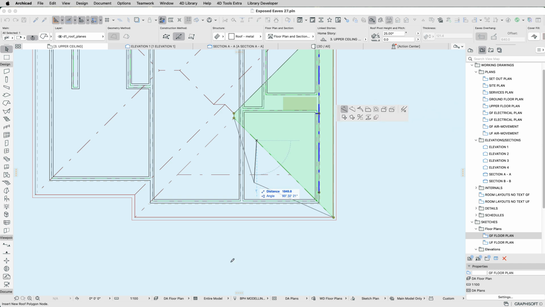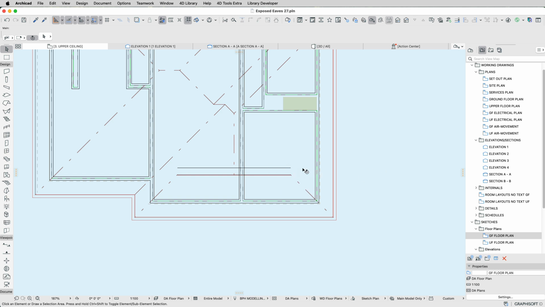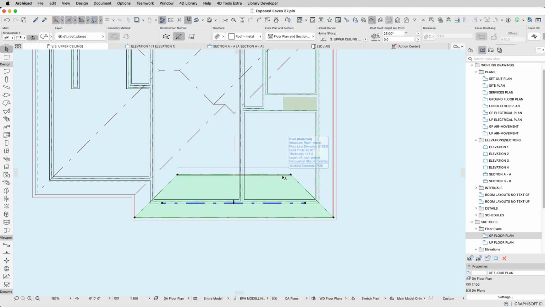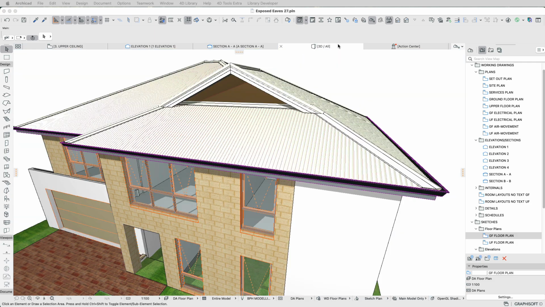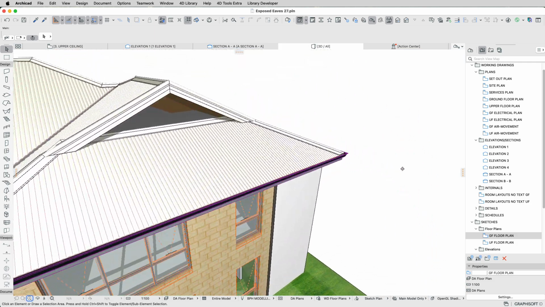get my pet palette, Miles over there on the other screen, drag that down. You can see the roof accessories are changing to barge boards as I do that, and I'll just move that up so we've got a bit of barge or verge overhang. Okay, so there we have the